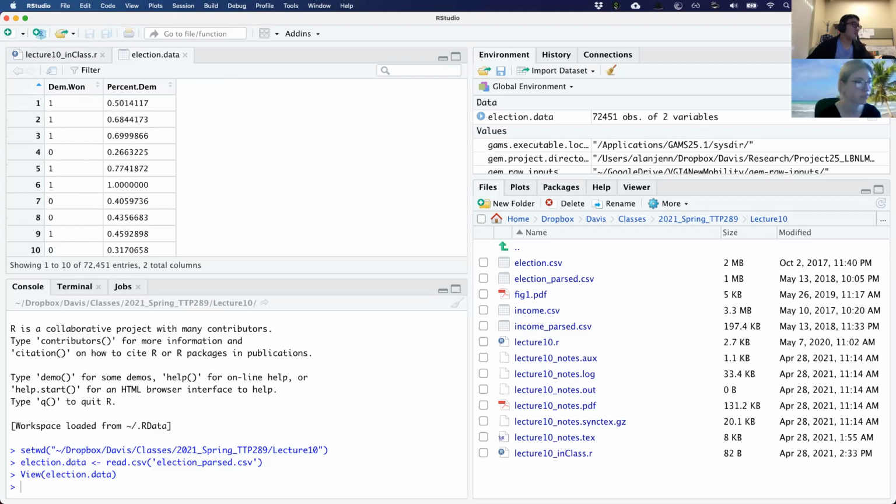We have our outcome variable, which is whether or not a Democrat wins a particular election, versus this other column, which is the percent of registered Democrats within that district.